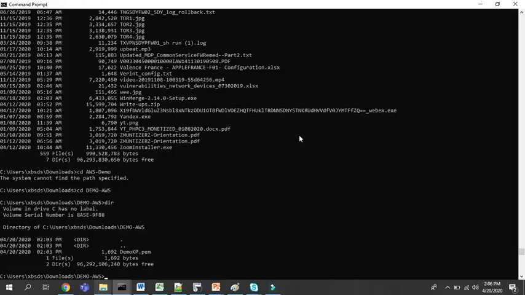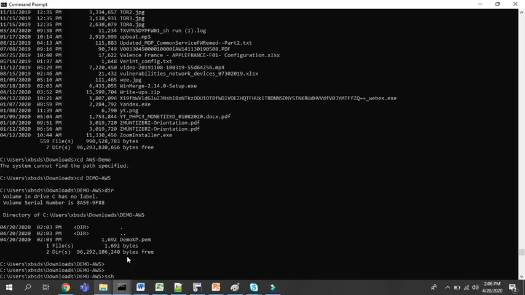So here, this is our demo PEM or key pair. In SSH or doing the remote from the Windows 10, you do SSH, the name of the key pair or the file name, and then